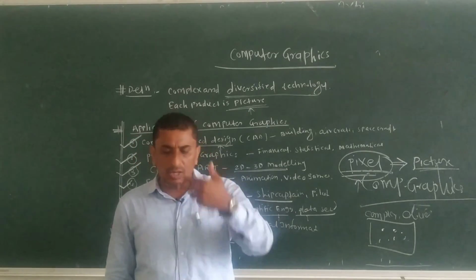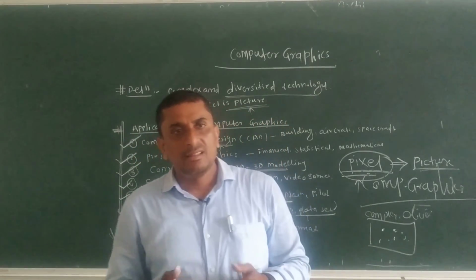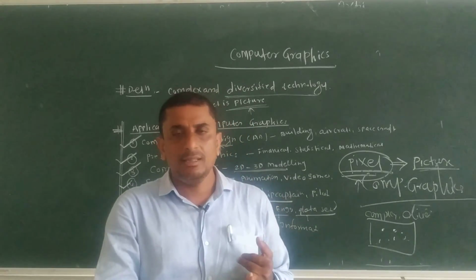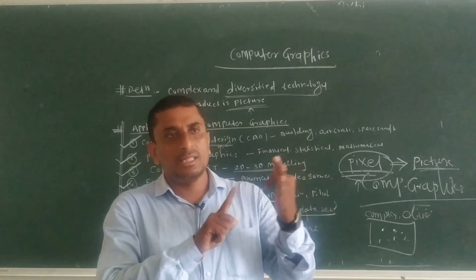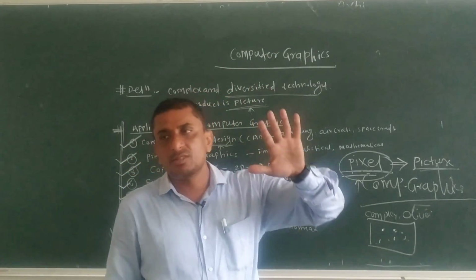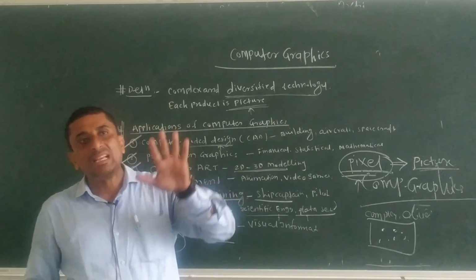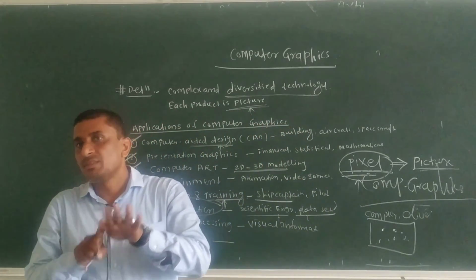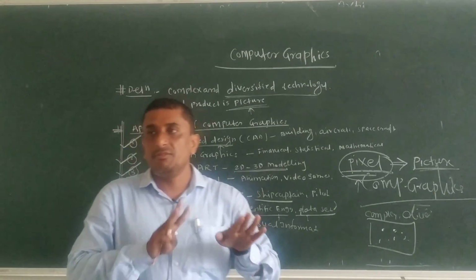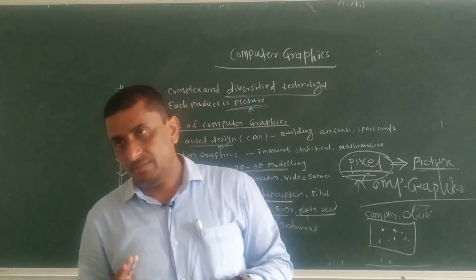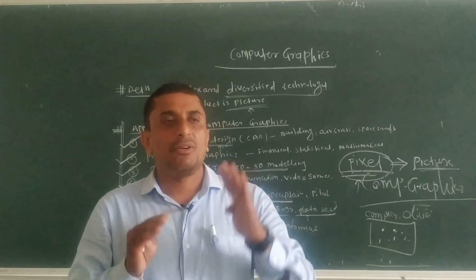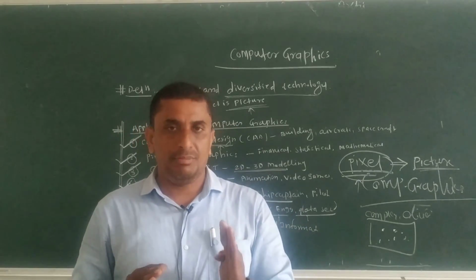Is it okay? So we have seen the different application areas. The first one is computer aided designing. The second is presentation graphics. The third is computer art. The fourth is entertainment. The fifth is education and training. The sixth is visualization. The seventh is image processing, and the eighth is graphics user interface. Is it okay? So today for this lecture we are concluding here. So these are the 8 basic applications of computer graphics.